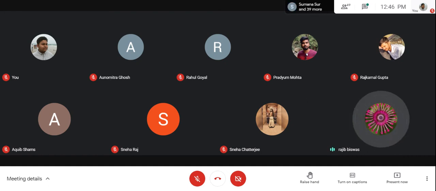Go to the group and check the example given. So this is the example. Now you remove the null production.